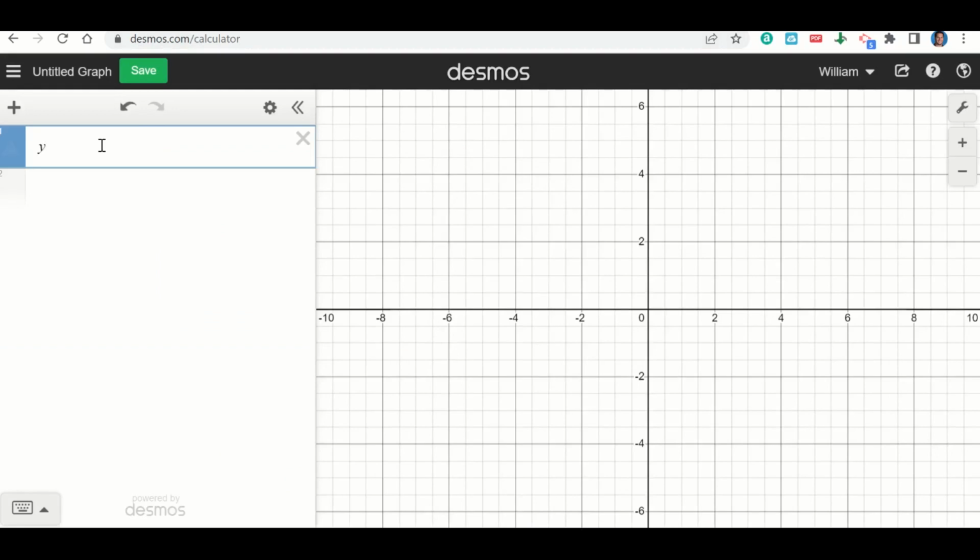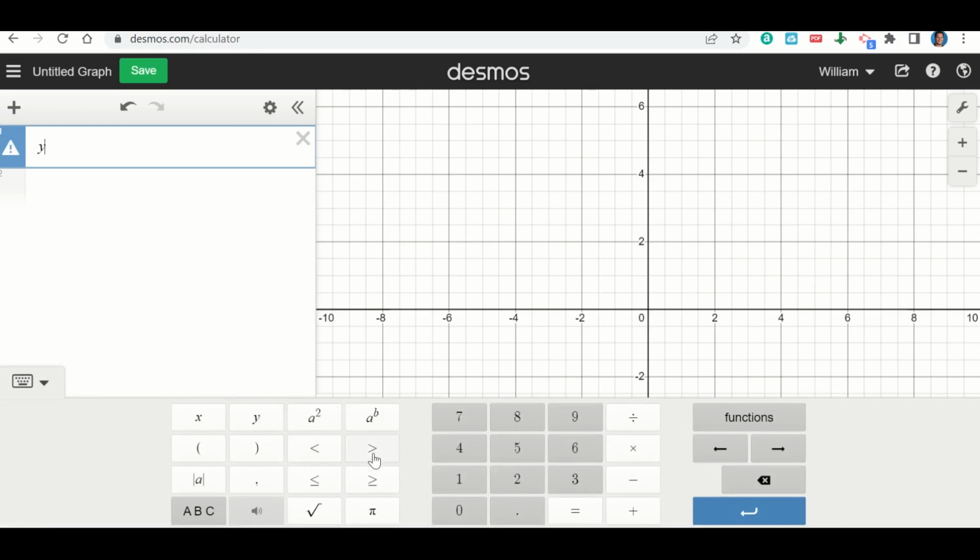So let's say it's y. Now to do the inequality symbols, we'll go down here to where it says keypad and click there. And here's all your inequality symbols. So let's say it's greater than or equal to. And then we can put in